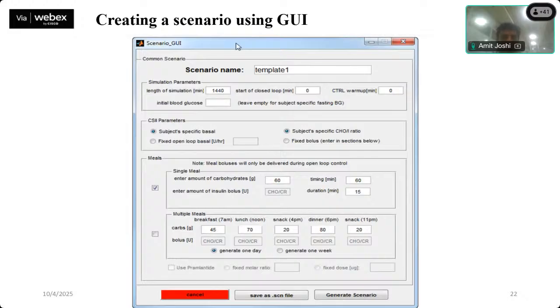Now here is how you can generate your own scenario. Here you can give the scenario name. Here we have given a template. Then the simulation parameters, which you can change while creating your own scenario. If you have selected a default scenario, then the default parameters will come. However, you can change those parameters. But when you are clear that you need to create your own scenario,